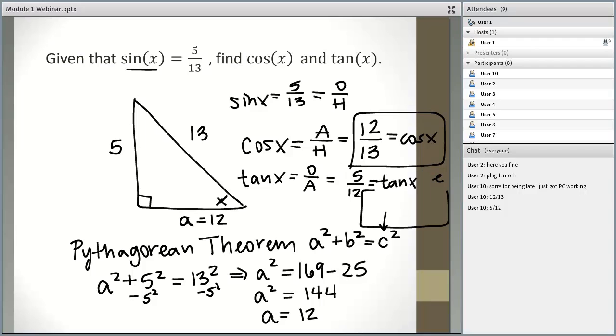Okay, I don't know why the box that I put around tangent x just moved, but it did. So let me, oh, there we go. And now it disappeared. There we go. Okay,